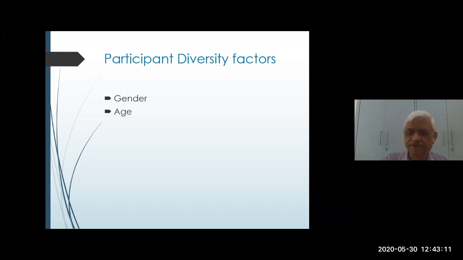Okay, fine. So there will be differences, and one has to be bothered about it. If this is a very sharp difference, one has to really take it as an important part of the design, so that it does not create a problem in terms of the group dynamics, right? Okay. So let's look at issues like race.